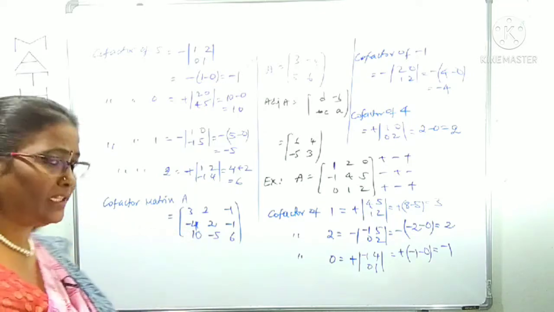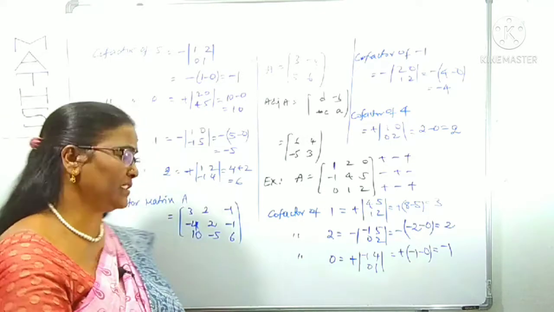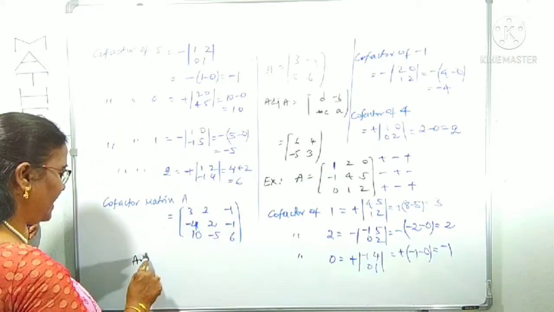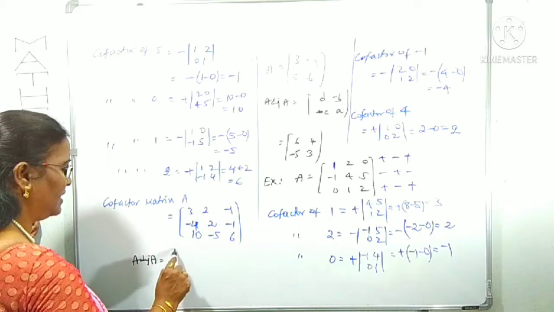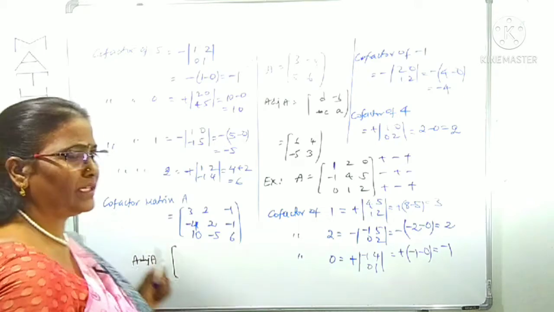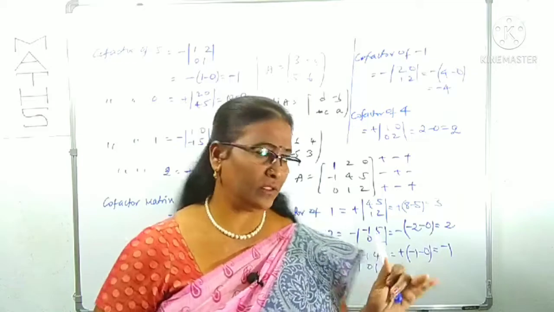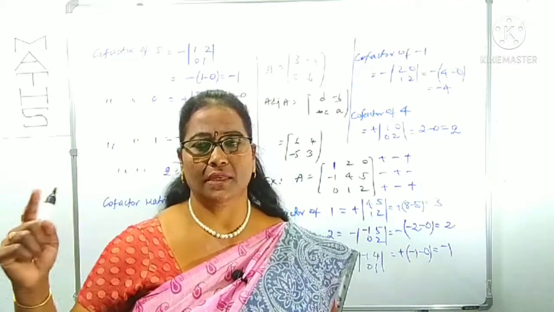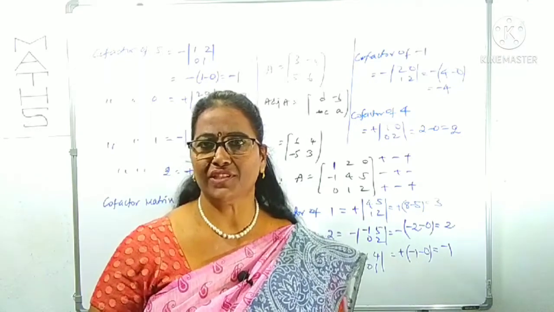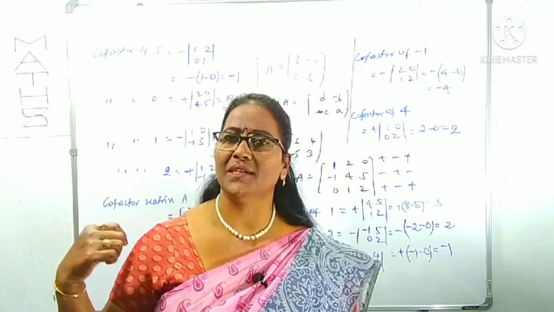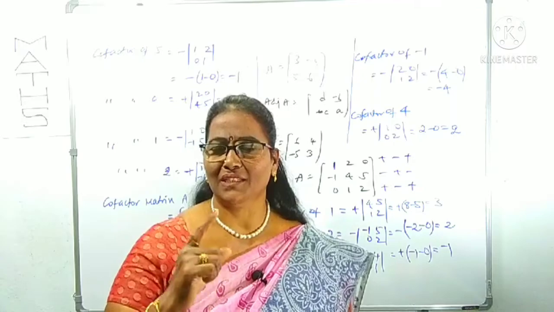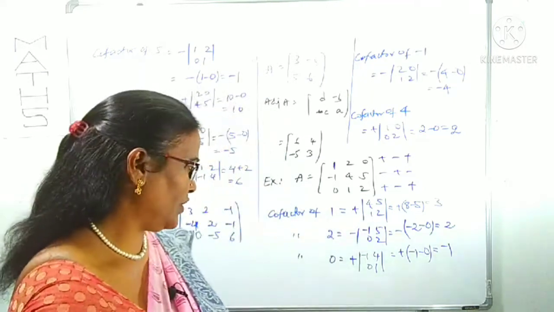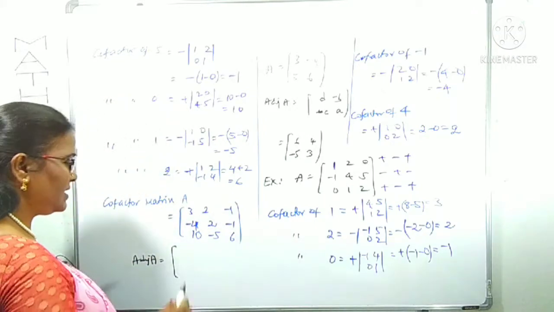What did I say about adjoint A? Transpose of the cofactor means you interchange the rows and columns. We want adjoint A now, right? Finally, it is a very, very important adjoint to find out. Using the adjoint we can find the inverse of a matrix. For the solutions of a system of equations by the inverse method, there also we can use this adjoint only. That's it. Follow carefully. Even if you have a doubt, put a comment. Transpose means what should we do?